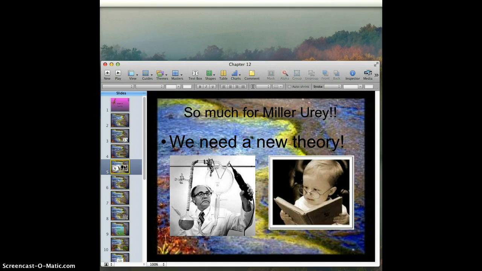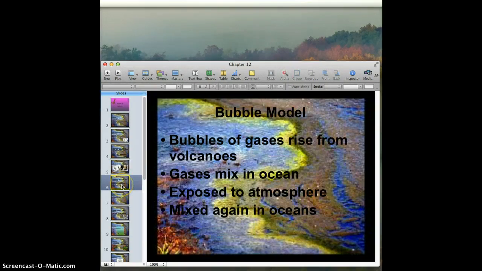And so the more accepted idea today is actually called the bubble model. It's kind of a silly name, but you can read about it. It's on page 255. The bubbles of gases rise from the volcanoes up through the ocean. The gases are mixing in the ocean because they're trapped in these little bubbles. They're exposed to the atmosphere, but only very, very briefly, so the ultraviolet rays don't get a chance to really break them down,